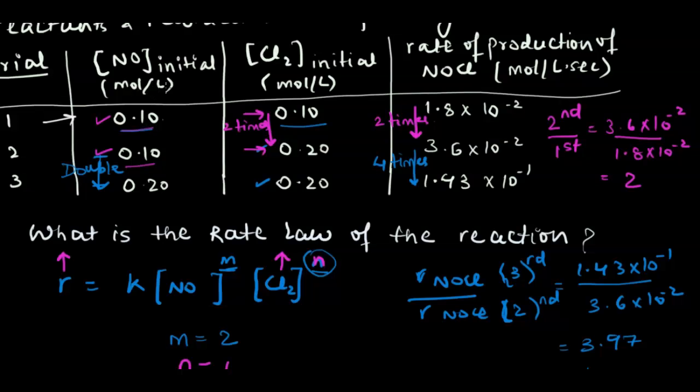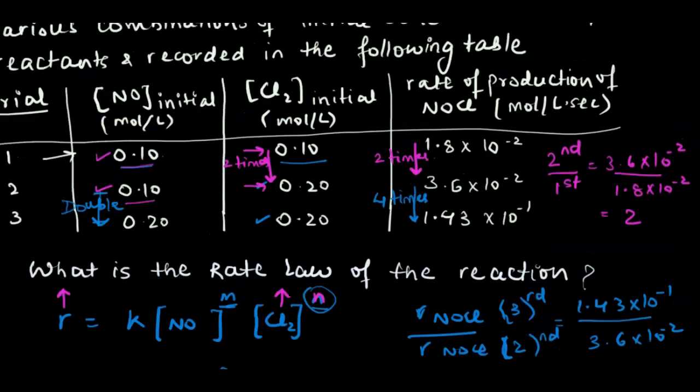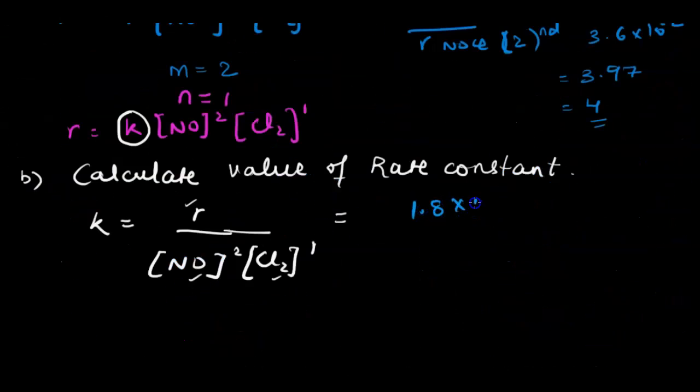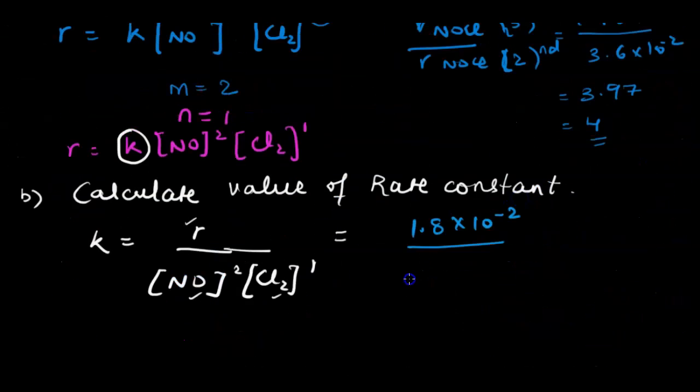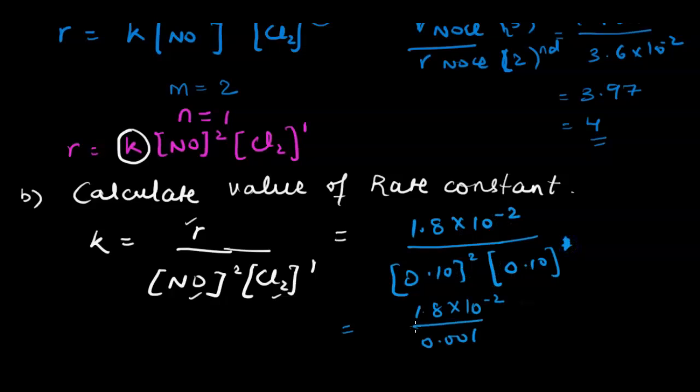We put in NO concentration as 0.10, Cl2 concentration as 0.10, and the rate as 1.8 times 10 to the power negative 2. NO concentration is 0.10 raised to the power of 2. Cl2 concentration is 0.10 raised to the power of 1 this time. And when we put this all on the calculator, we would get 1.8 times 10 to the power negative 2